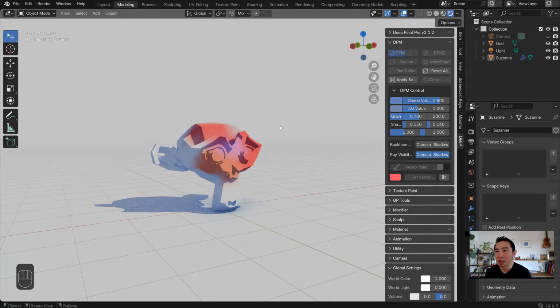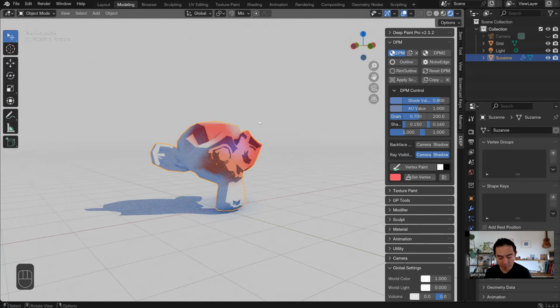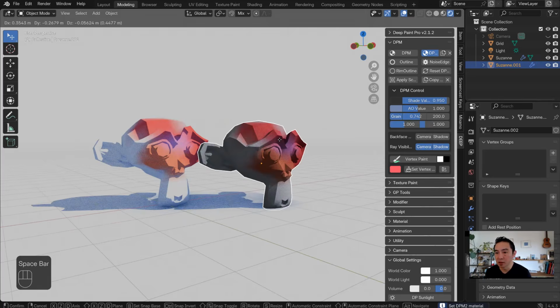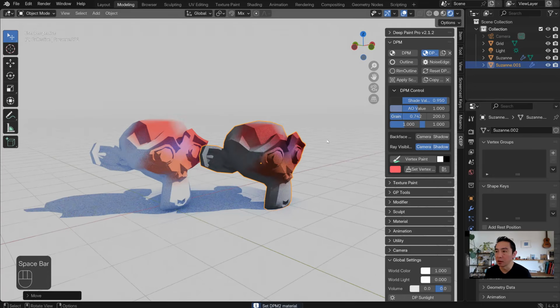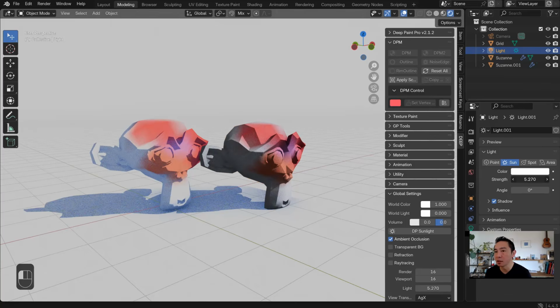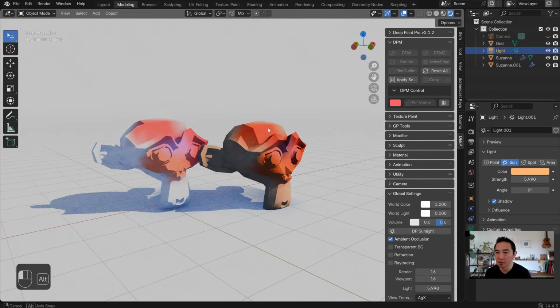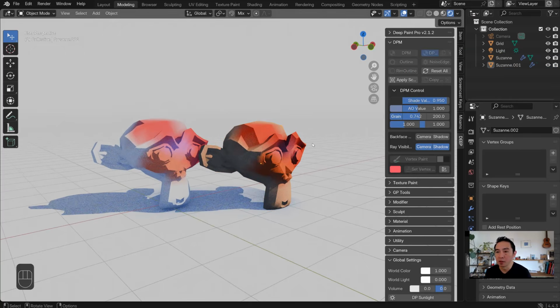So this is DPM, but there's also DPM2 that you can apply from here. This is a slightly different material: if you change the light intensity and also the light color, that's going to affect the object, which it doesn't do for DPM.